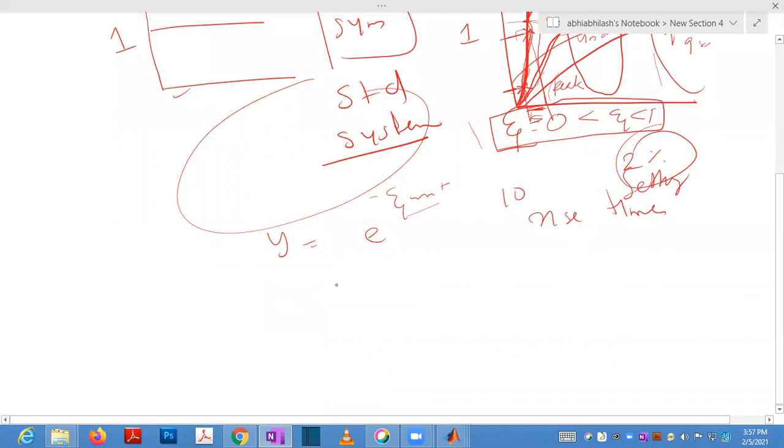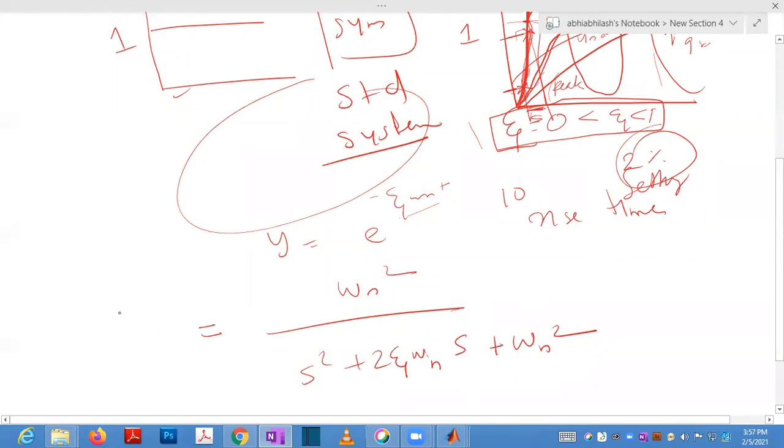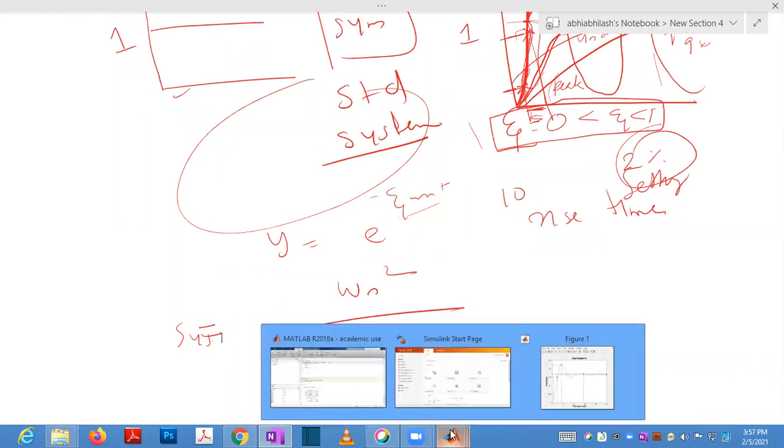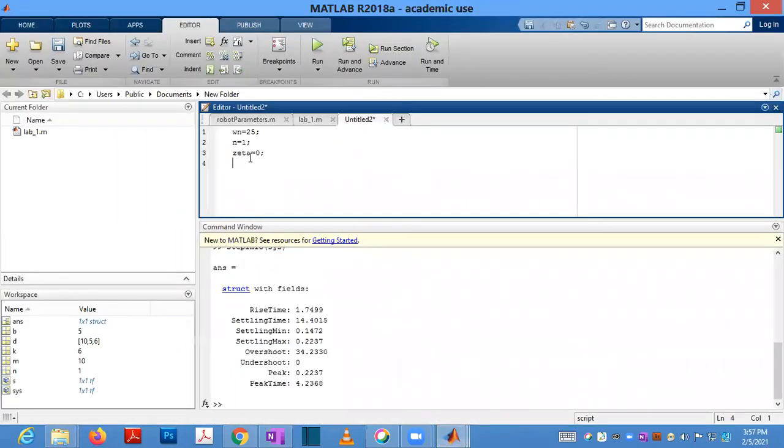Omega n square upon s square plus 2 theta omega n s plus omega n square. This is called the standard second order system. So the standard second order system looks like this. You have to enter those values.